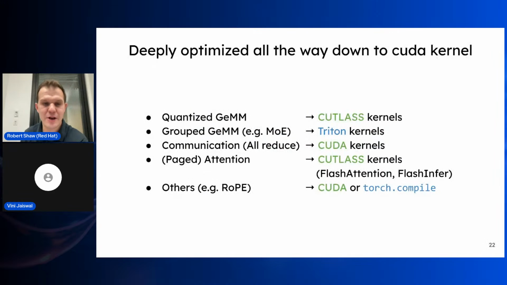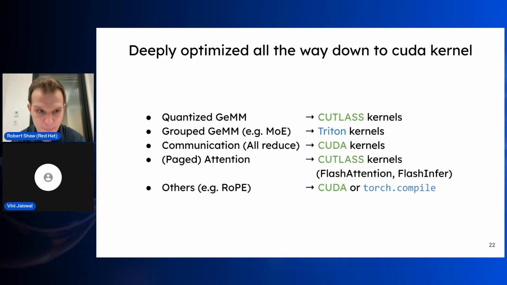Additionally to this, as I mentioned, performance is a real key part of building a great inference server. So vLLM is deeply optimized all the way down to the kernel level. This has been one of the areas that's very near and dear to my heart, as the Neural Magic team has spent a lot of time on model execution and on quantized operations. Some of the areas that we support are things like quantized GEMMs. The latest and greatest hardware that is available, such as NVIDIA H100 or AMD Instinct, or Google TPU, will offer